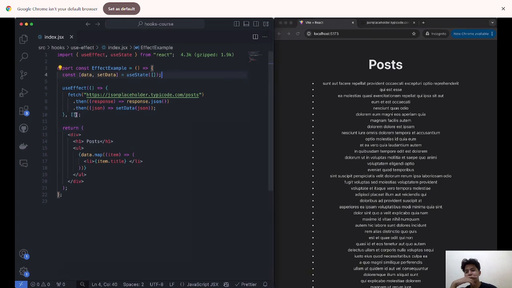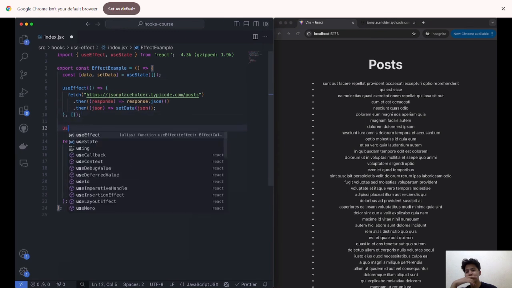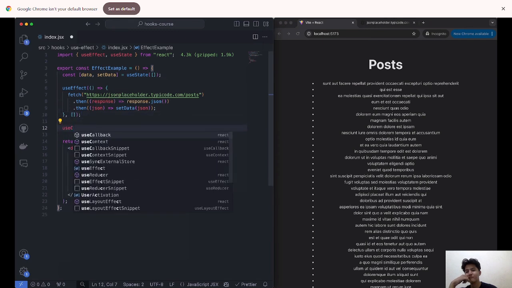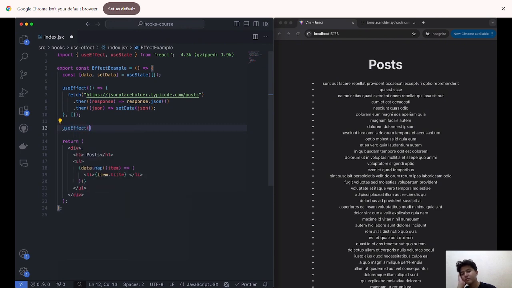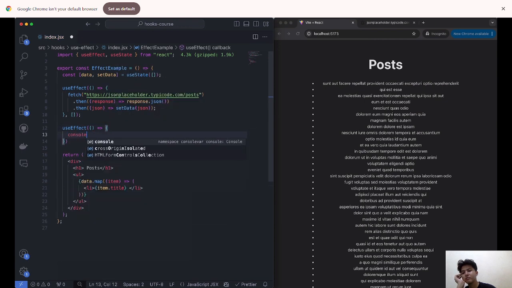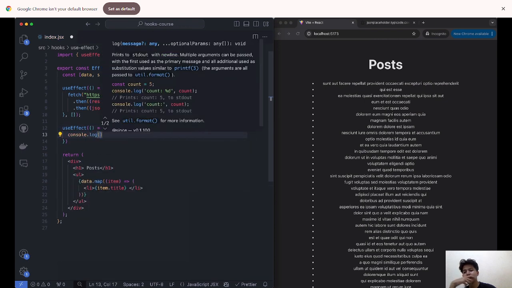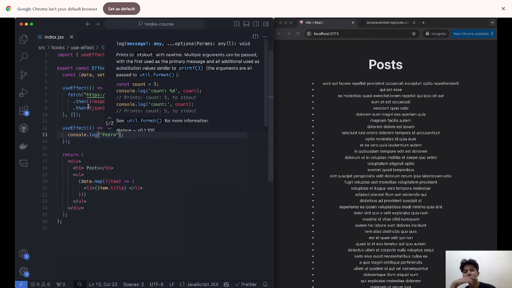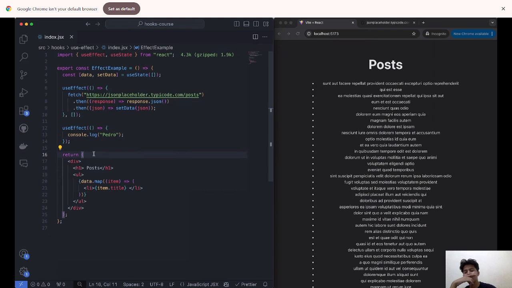Now, what about that dependency list that we talked about? Well, the best way I think to explain to you guys about this dependency list is to create another useEffect that all I wanted to do is just console log the name Pedro. Now, what will this do? Well, I want to console log the name Pedro every time